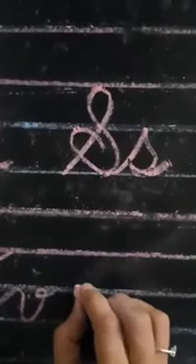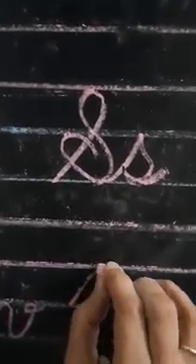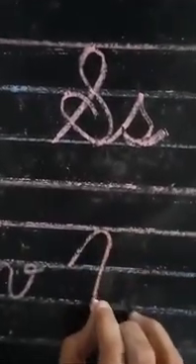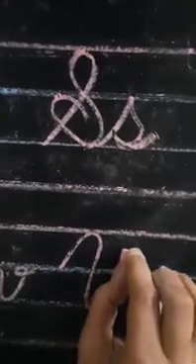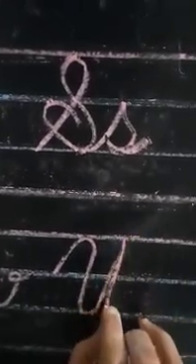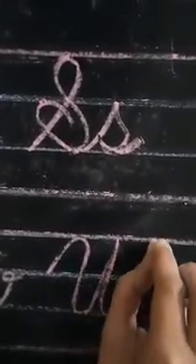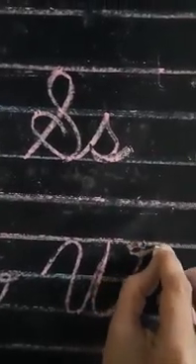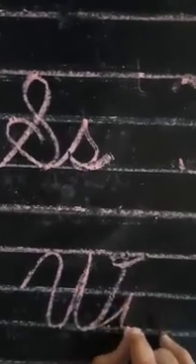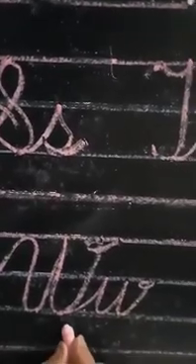Now I'm going to write joining W. Here we'll write joining W. Go up, take a turn, come down, again go up, come back on the same line and make a mount, go up and make a curve like this. Okay, then नीचे से join करते हुए we'll make small W. Okay, like this. Okay, this is joining W.